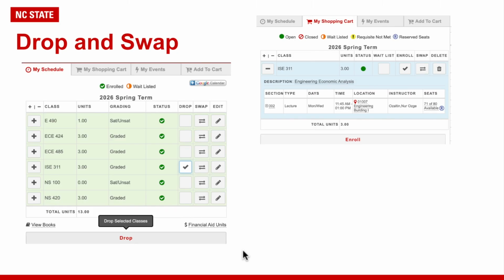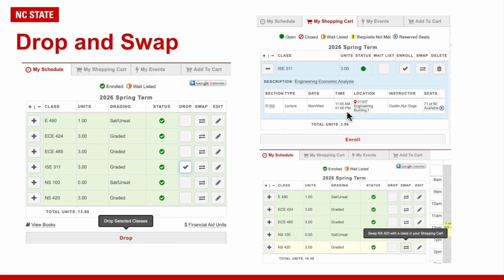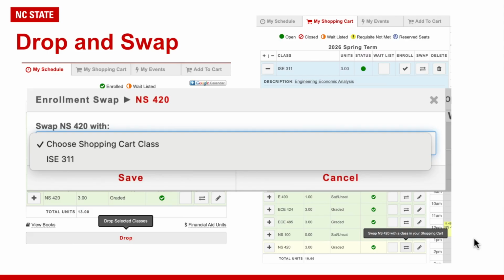Now, if you want to swap a class with a class that's in your shopping cart, here I have ISC 311 in my shopping cart. I navigate over to My Schedule where I'm enrolled in NS 420, and I will select Swap, and then I will select the class I want to swap with. In this case, I only have ISC 311 in my shopping cart, so I will select that course and click